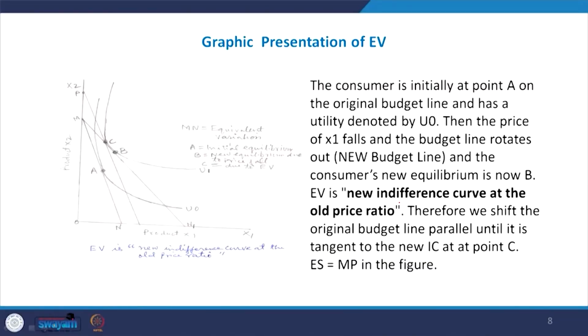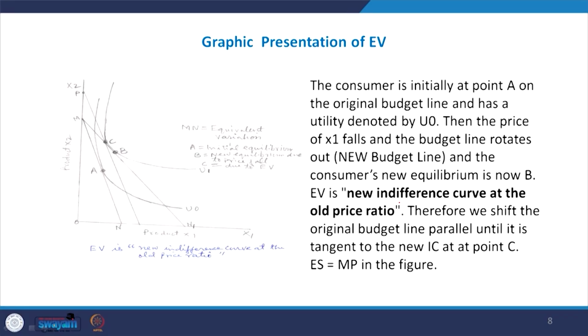So, if the price change of the product did not happen, how much money is required to reach the higher level of satisfaction from A to C. So, from A to C, that is the new indifference curve at the old price ratio. Therefore, we shift the original budget line parallel until it is tangent to the new indifference curve at point C. So, the movement from E to S in this case is again MP, but if you see the two graphs you will find